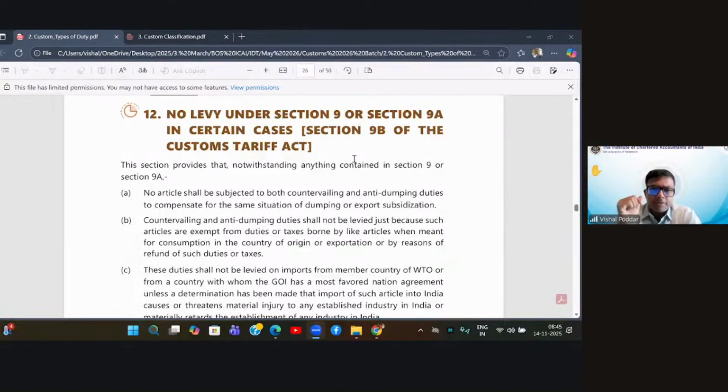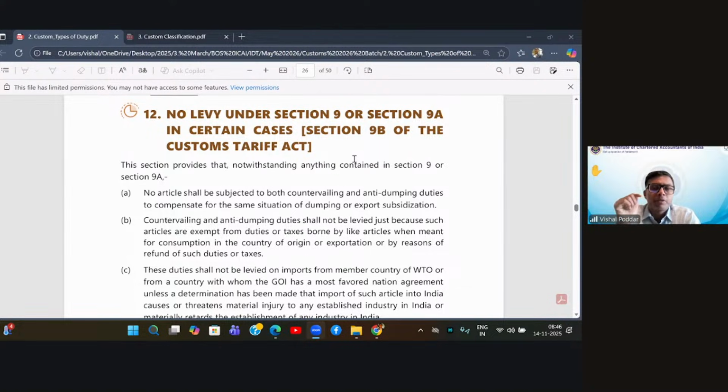Now, there is a possibility that this price has been lowered by the government by way of subsidy. But since, if you see the above point of anti-dumping duty, you compare the normal price with the export price to India, there is a lowering. So it may happen that for this one reason of subsidy, both the duties get attracted. Subsidized, why? Because subsidy is given. Anti-dumping, why? Because the price of goods exported to India is lower as compared to the normal price.